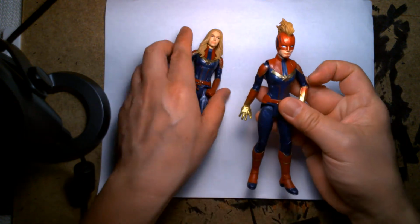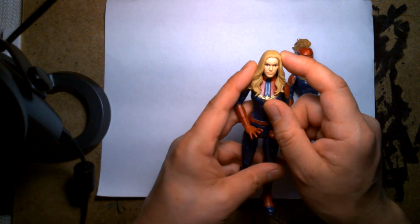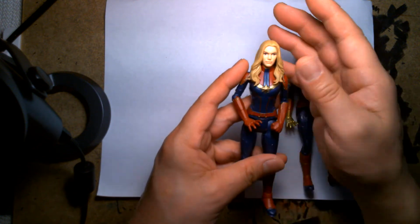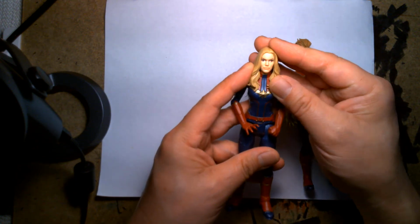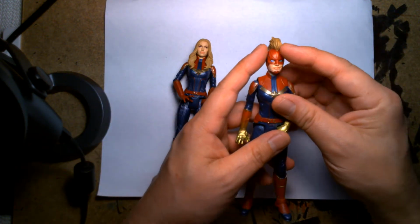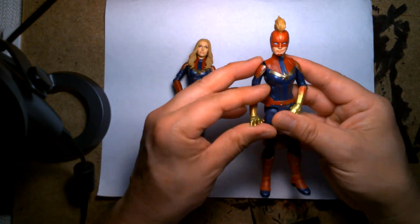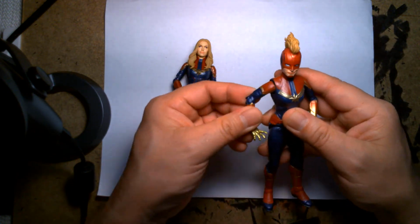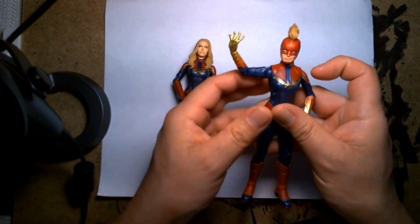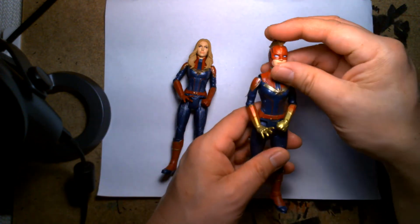So what I did differently was, this figure here initially came with this head, but the head was cast in transparent plastic. So it was kind of see-through, and it almost looked like a solar flare effect. And it just made the overall figure look like she was powered up and ready to unleash all her energy. But since I used that head, I took that head off and I put it on